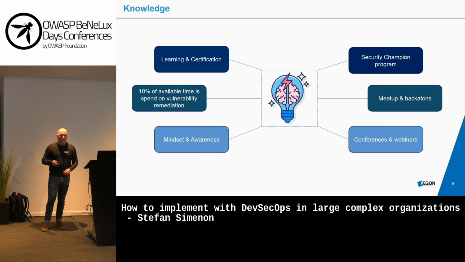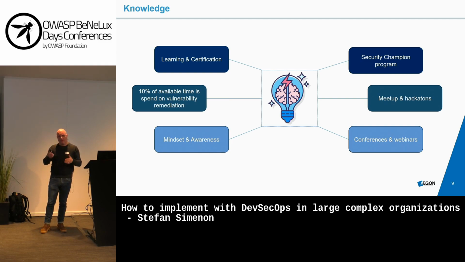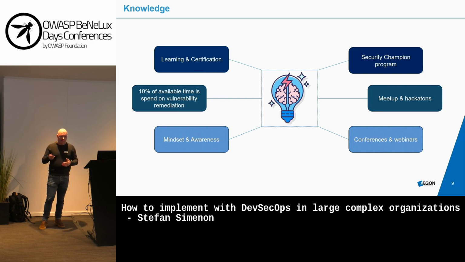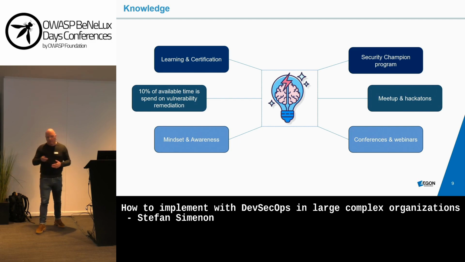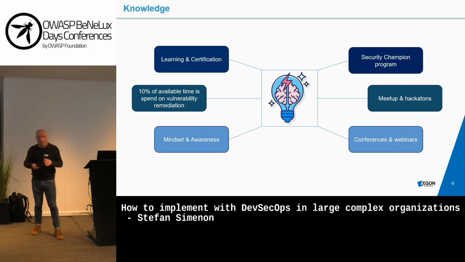Knowledge, always very underestimated. It has already been mentioned in a few presentations today. What you often see is that developers have lots of software development knowledge. They don't always have knowledge of security. What you see in large organizations is that 20% of the developers are senior, they're very good. Another 20% is learning and having the right mindset. But there's also a large group which is very junior, which does not have the right mindset, and needs to learn and needs to improve a lot.